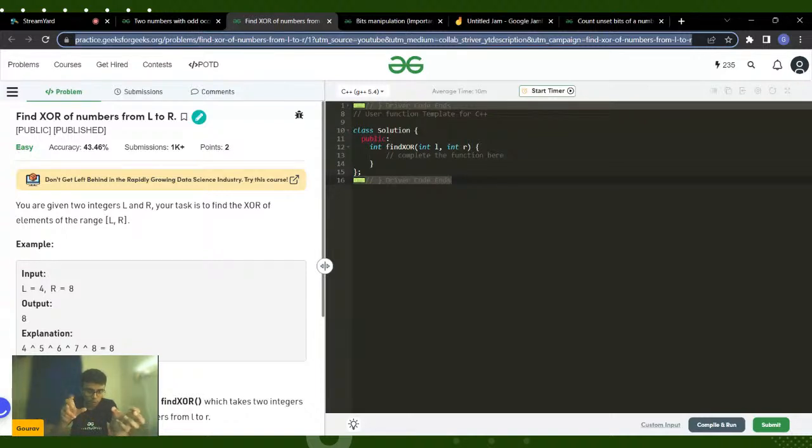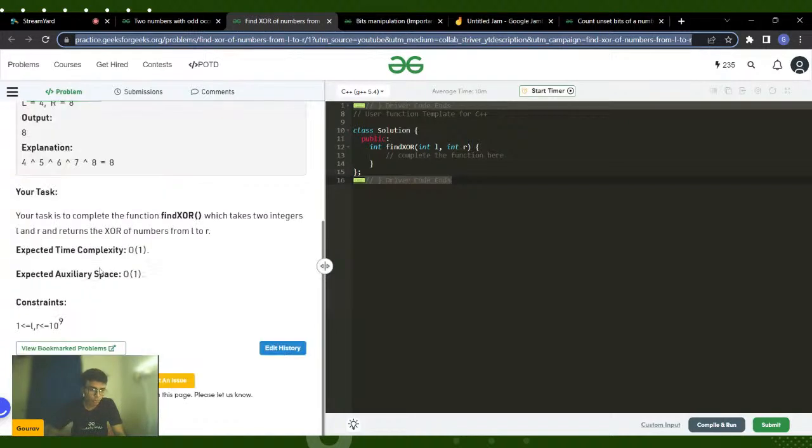So you got these two XORs. Now in order to get the XOR from L to R, you just XOR both these numbers together again. All the numbers from 1 to L minus 1 will get cancelled, and whatever number is remaining will be your answer. So you just have to find it for the number R and for the number L minus 1, XOR both the numbers together, and you will get your answer. This question is marked in the easy category because it is a direct implementation of the formula that we discussed, and you can do that in O(1) time.